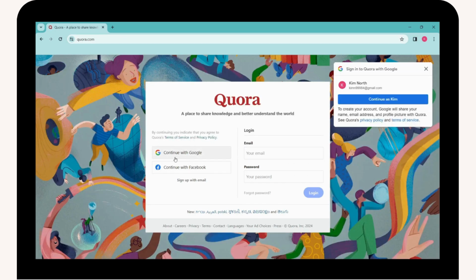So to log into your account, you can continue with your Google or you can continue with your Facebook, or if you don't have an account, then you can sign up with your email. So if you don't have an account, then you can sign up with these options, or if you already have an account,